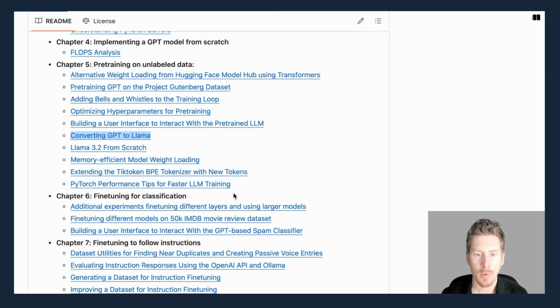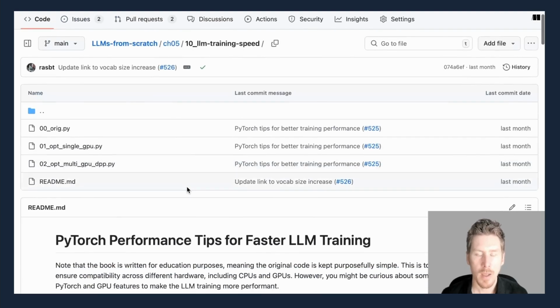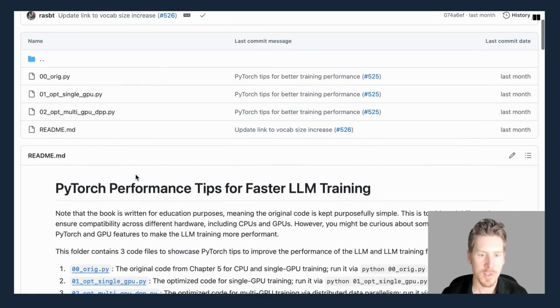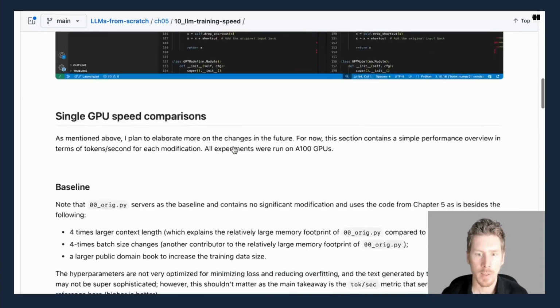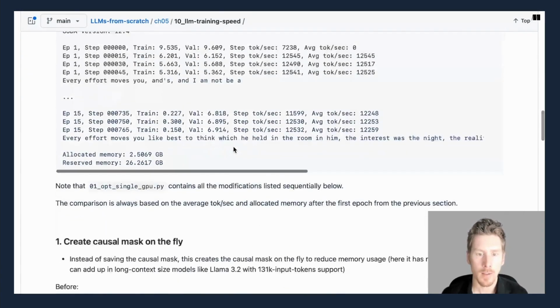So I also have some bonus material on making the training faster. I mentioned before, I kept everything very simple, very vanilla, so it runs on any computer. It also runs on a single GPU, but it's not optimized for efficiency. It's just optimized for learning. And here I have some bonus material where I make some changes to the code, and it will make it